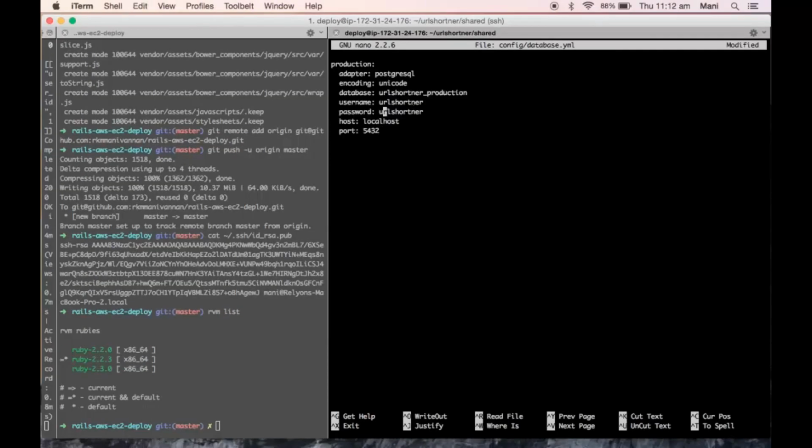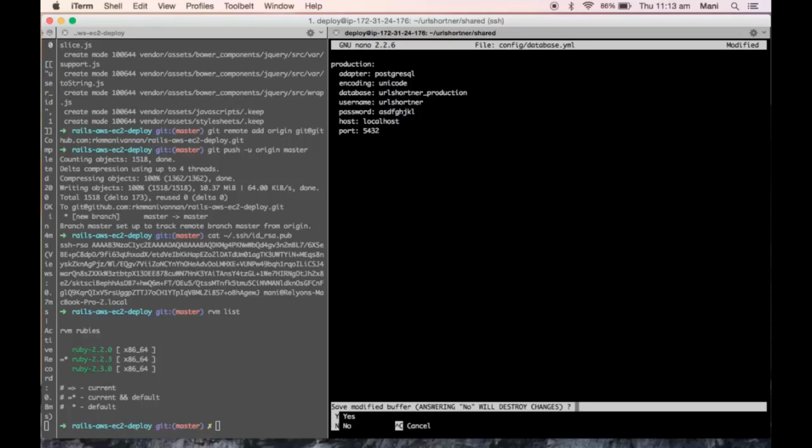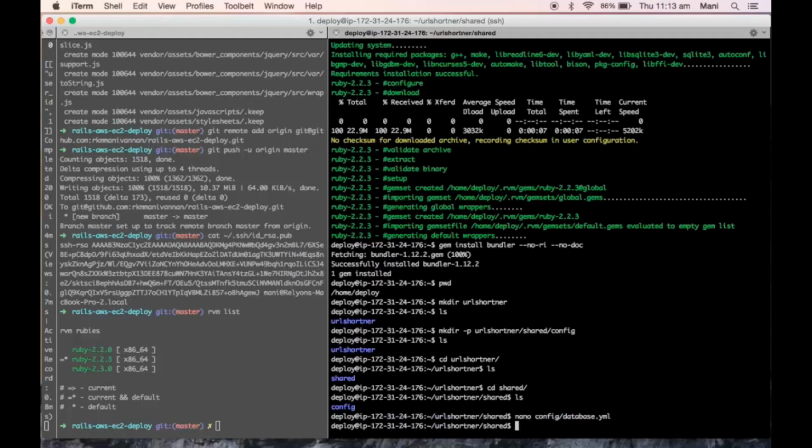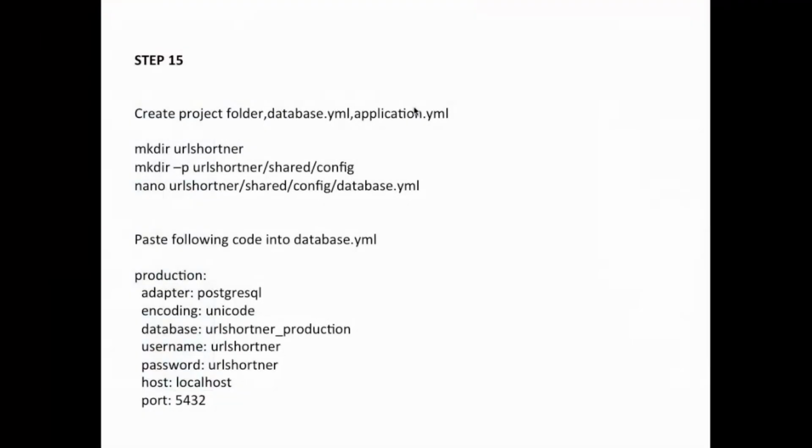I need to change my password. So now we are done with the database configuration also.